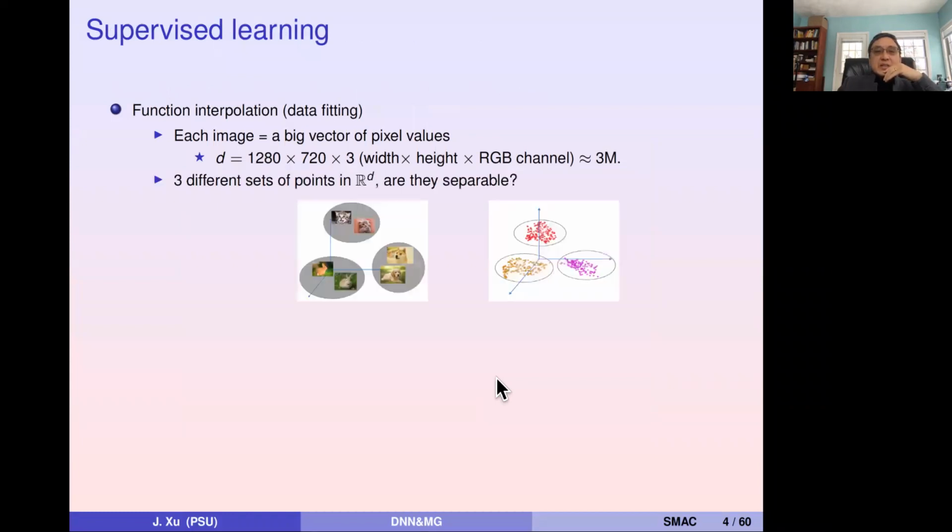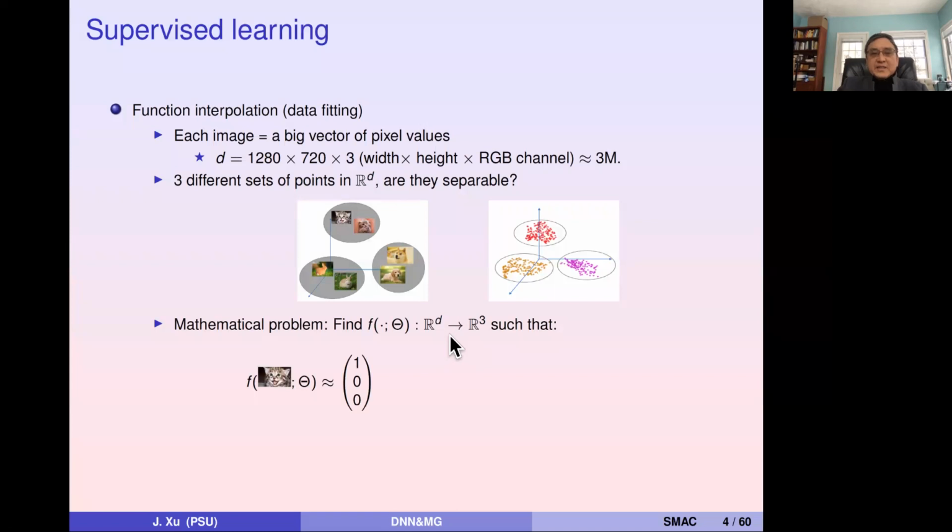So the idea is that you take the different images and label them. Mathematically, you treat each image as, suppose you have a 3 million pixel image, a point in 3 million dimensional Euclidean space. So, to oversimplify, the task is to find a function from R^D, where D is 3 million for example, to R^3 in this three-class case,